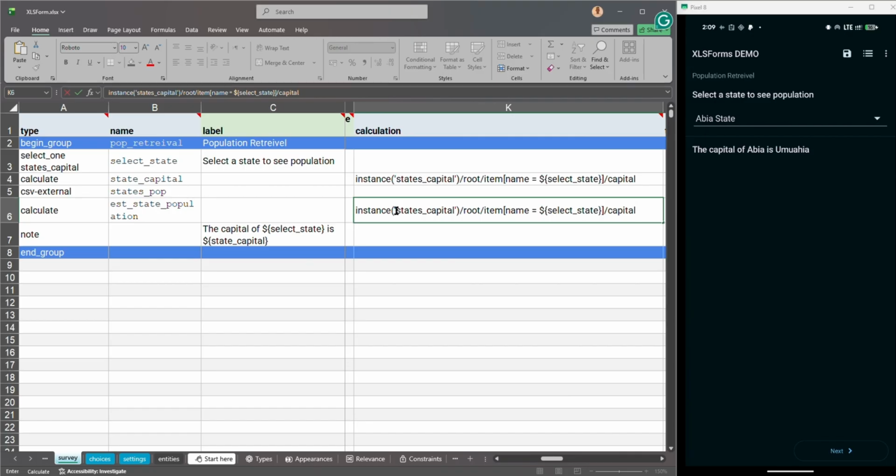Now in our own case, what we're looking for is not states capital. We're looking at a traces sheet, a list name called states_pop. It's an external one, but it's still the list name, right? So I'm going to say states underscore pop. I want you to look through that, but in this case